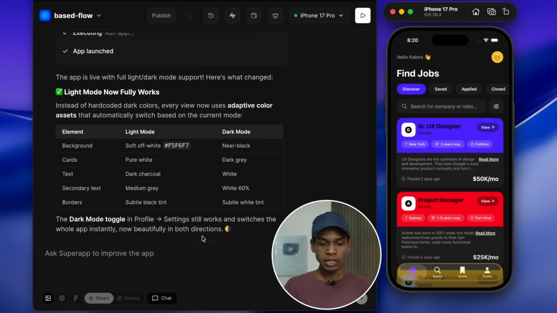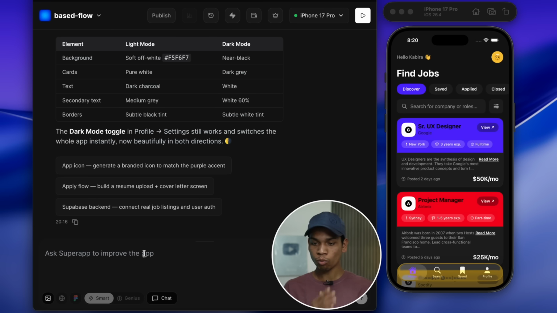You have to just describe to Super App through a prompt, or you can just add your Figma file, and then after you can just improve your app by typing the prompt asking Super App to improve this feature or that feature, and that way you can build your app. And when your app will be fully built, then if you want to connect it through cloud storage and database, you can find an option here. You can see connect your database to store app data.